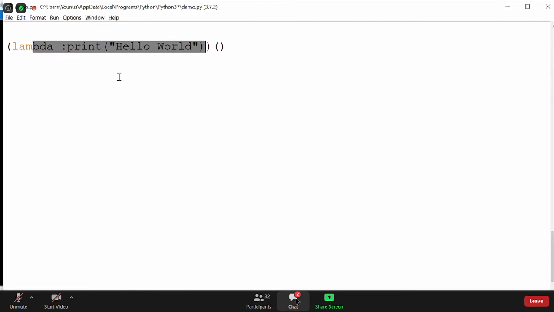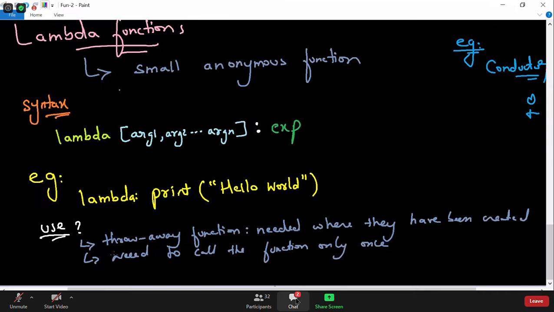How to call the lambda function? Okay, let me show you the real use case of lambda function. The real use case of the lambda function is generally that it is used as a parameter to other functions. Lambda functions are mainly used